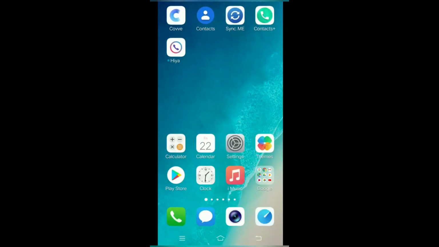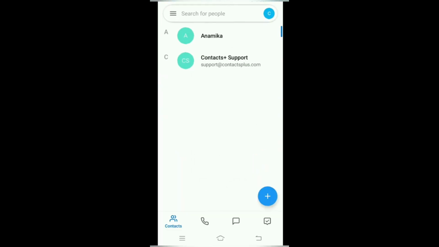Fourth application is Contacts Plus. Click on Contacts Plus application. To use this application, first you have to sign up with Google. It is one of the most useful address books we have seen. It combines photos with information from all your connected services like Google, Google Plus, Facebook, Twitter, etc. One tap opens a contact card, another calls or emails a friend, and a few more catches you up with their digital lives.